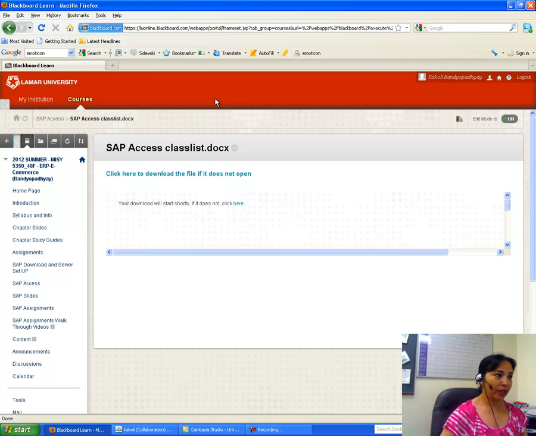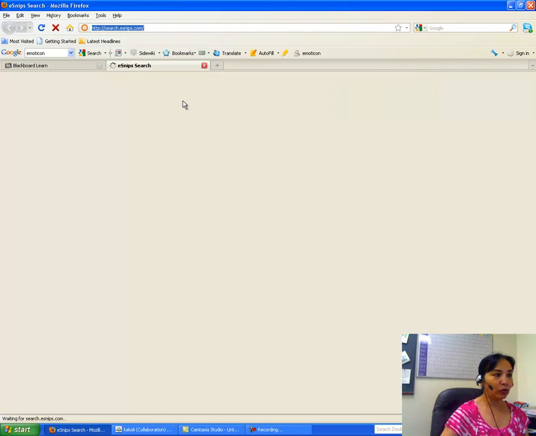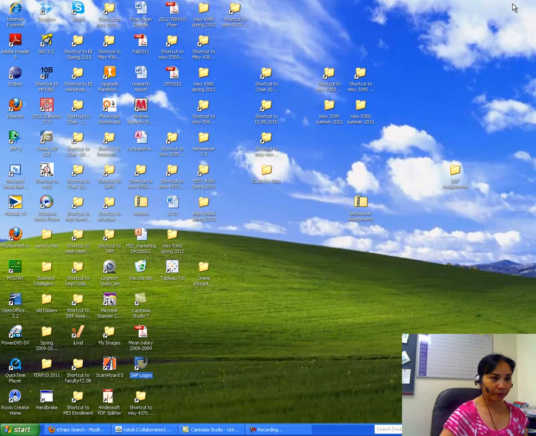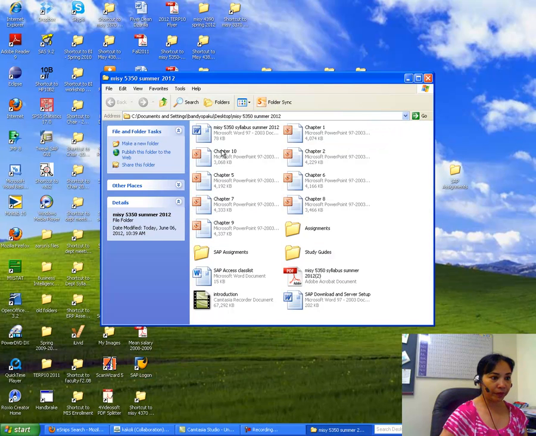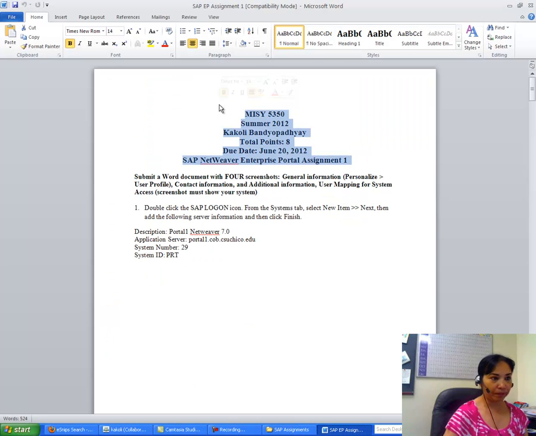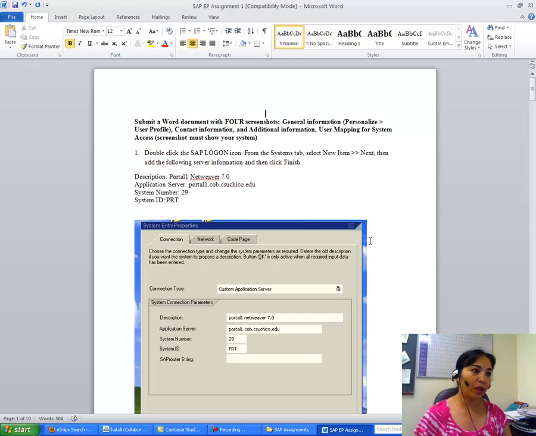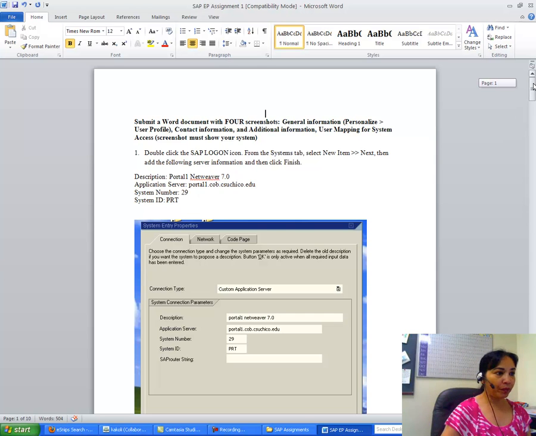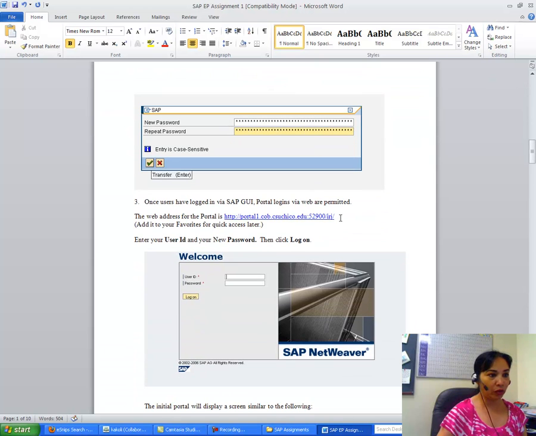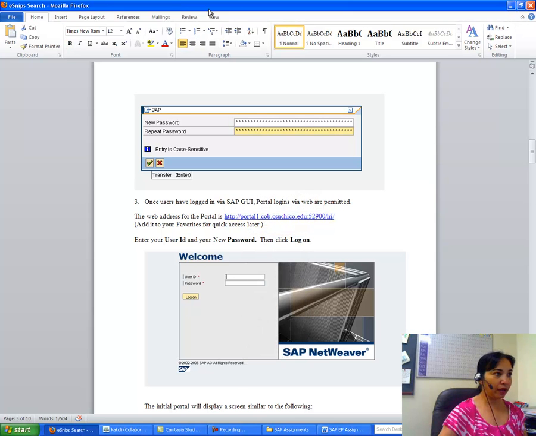client login. Then what you have to do is go to the portal ID that I have given you in your assignment 1. In your assignment 1, I have given you the portal URL to log on to that. So this is your portal URL. So copy that and then paste it here,